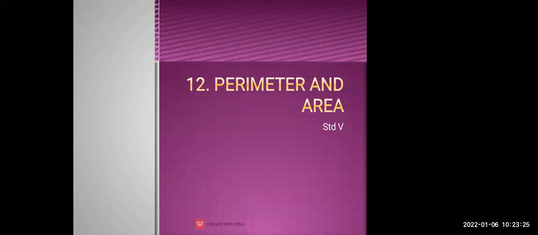Now, the name perimeter applies to a closed figure, whichever figure it is, whether a square, a rectangle, a triangle, or any figure which is closed from all the sides. That is what has a perimeter. Now the sum of the length of all the sides of a figure, जो भी figure है उसका sum, that means if it is 5 centimeter, 6 centimeter, 7 centimeter, any centimeter, that is called the perimeter.